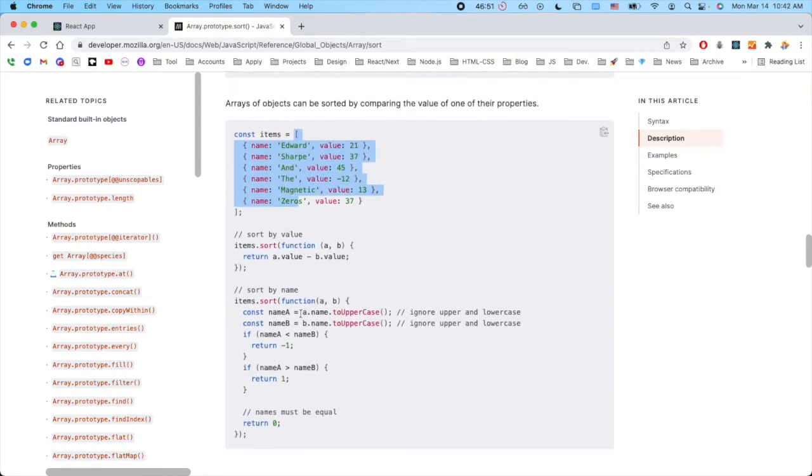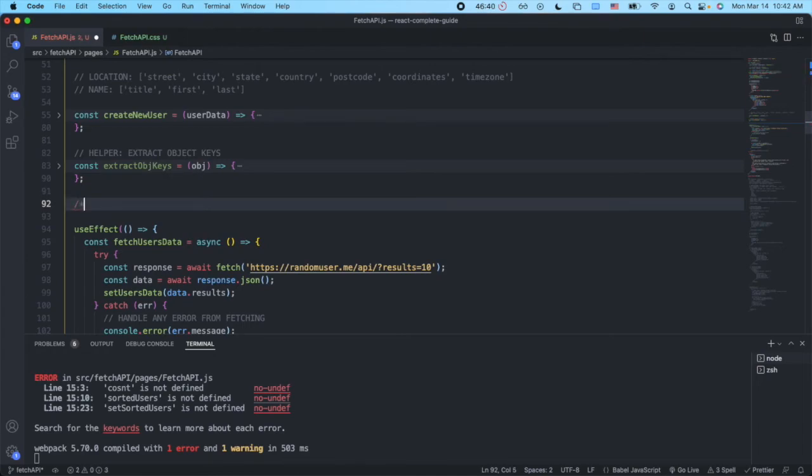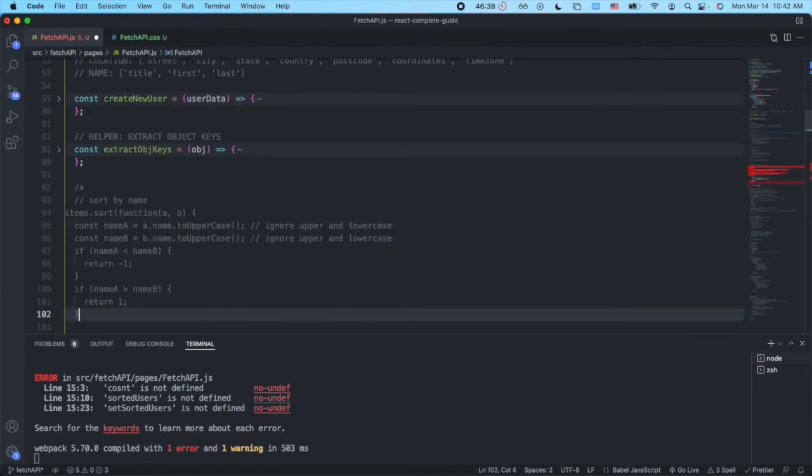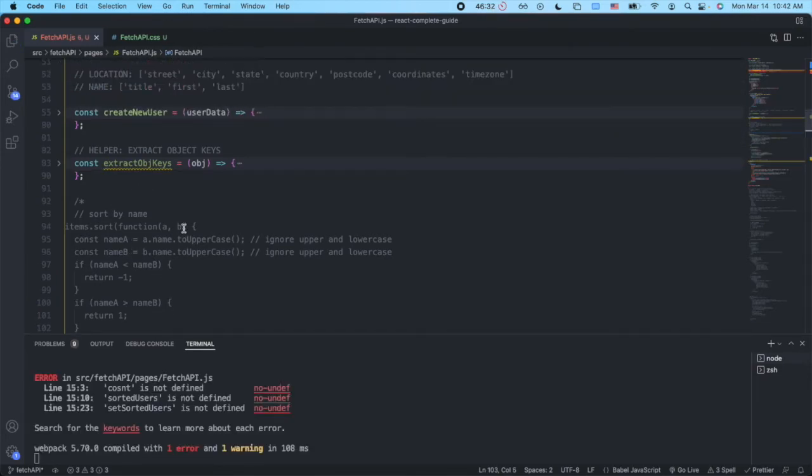Okay, this is the object, and I can sort. This is what I need, right? Sort by name. Let me copy this. Yeah. So I need this to sort my